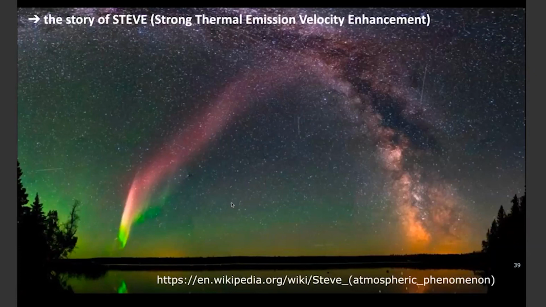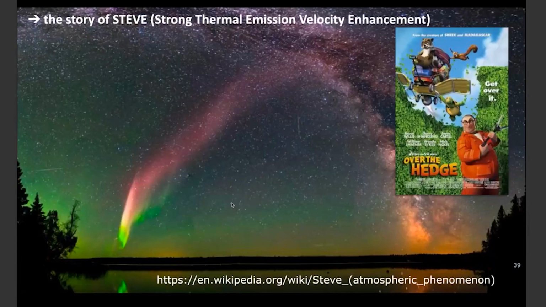So this sparked off a very strong debate among scientists about what it actually is. And in awaiting, sort of trying to find out what it is, these aurora watchers needed a name for it because they took pictures of it whenever they managed to. And then one guy referred to this movie called Over the Hedge, where the animals, when they met somebody that they did not know who it was and what kind of animal it was, they decided to call him Steve. And these aurora watchers actually decided to call this phenomenon Steve